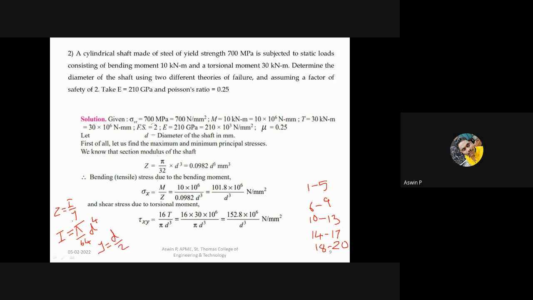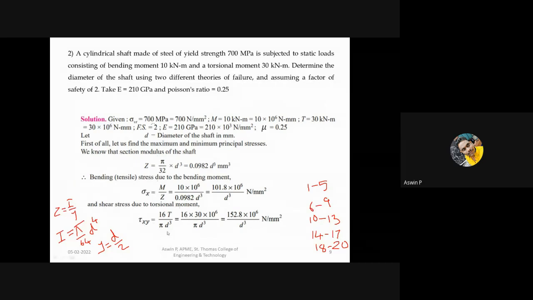When you take I by y, that becomes pi by 64 d raised to 4 divided by d by 2. That is, section modulus Z is equal to pi by 32 into d raised to 3. This is the basic equation, and d is unknown, so the term will be in d cubed. You need to calculate bending stress with the help of the equation M by Z, and tau xy should be